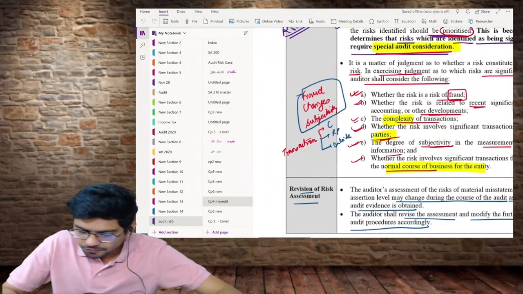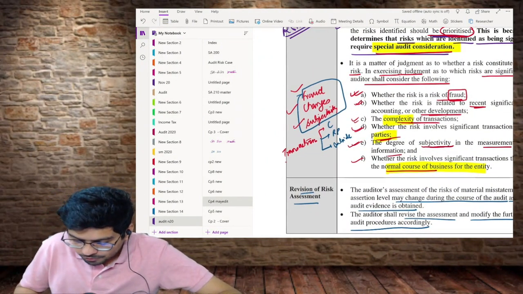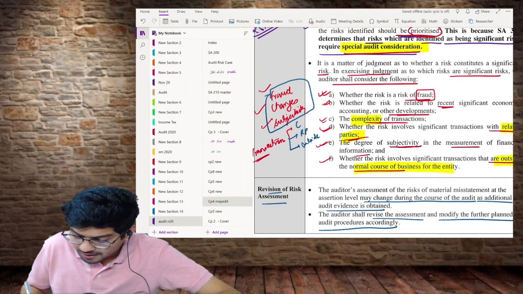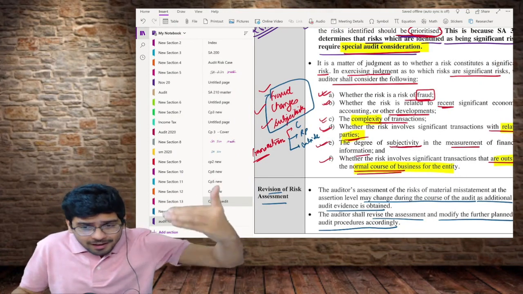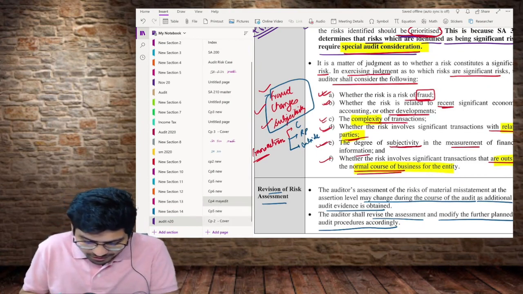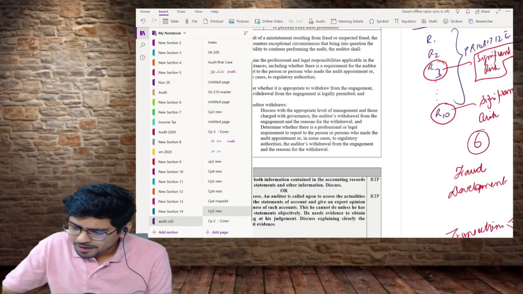I told you that there is fraud, there are developments or changes, subjectivity involved, then 3 points with respect to transactions: a lot of complex transactions, transactions with related parties, and transactions outside the normal course of business. So these factors help us in determining the risks which are actually significant in nature, significant risk. So now coming back to the topic,